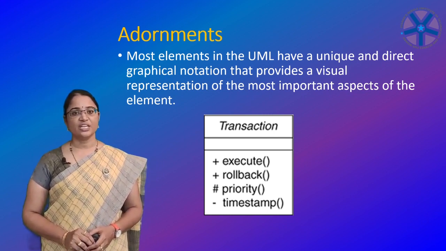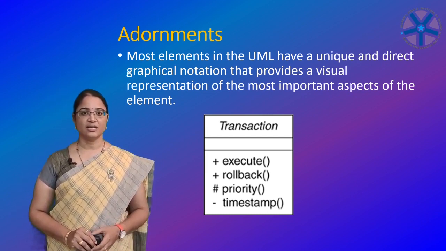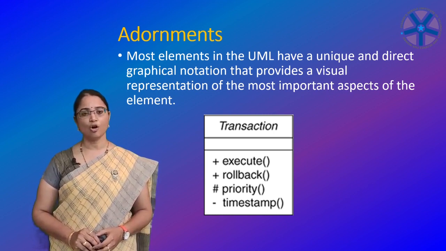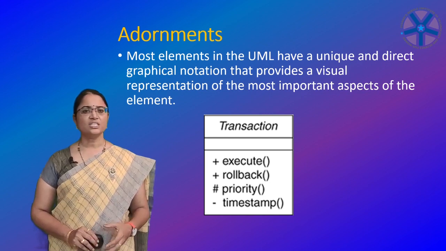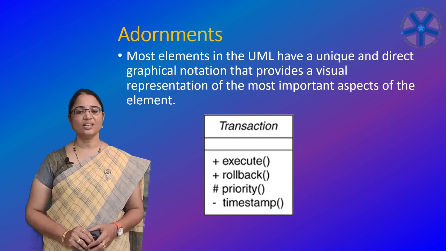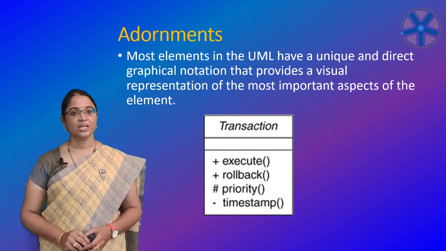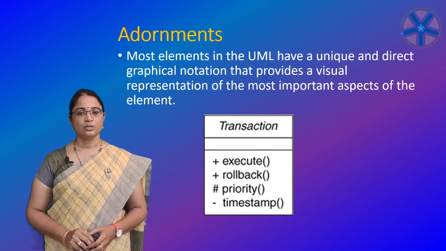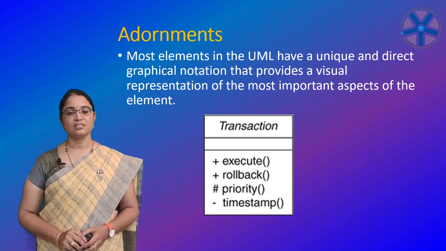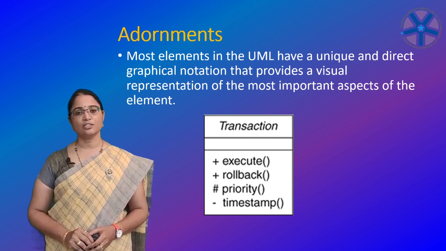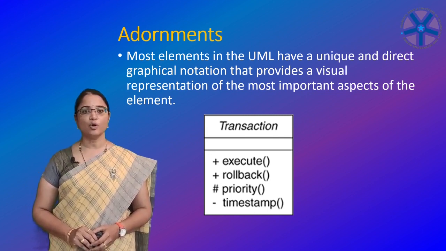A class specification may include other details such as whether it is abstract or the visibility of its attributes and operations. Many of these details can be rendered as graphical or textual adornments to the class's basic rectangular notation. If you see the figure here, Transaction is the name of the class. It is not having any attributes. The second compartment in the class tells about the attributes of a class. The third compartment of the class indicates the operations. Here we are having some operations.